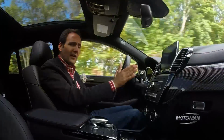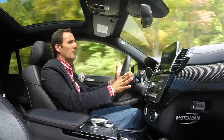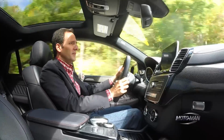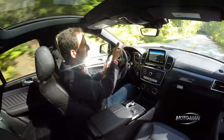Well, until we get our abacus out, do some math, and realize this thing weighs 5,200 pounds. Even with almost 400 pounds of pulling power, there's a problem. But really there's two things going on here. Number one, we already talked about that torque coming in at 1,400 RPM, which in situations like this, these are